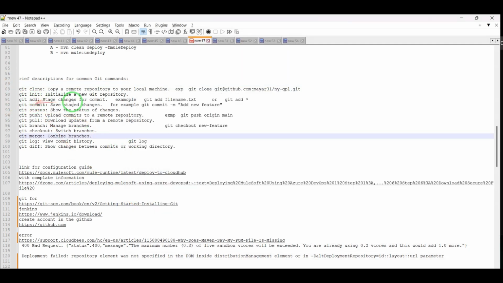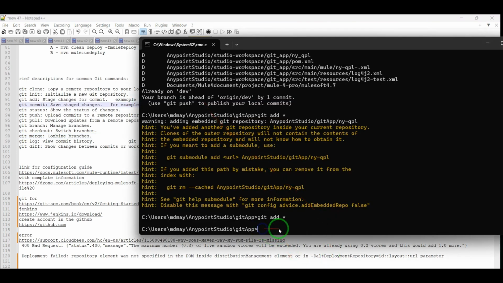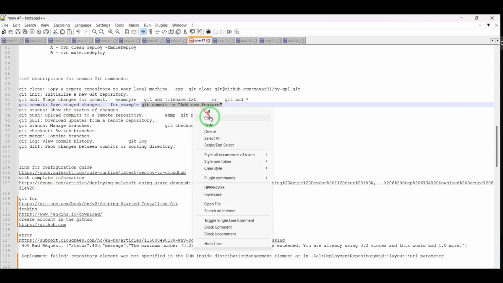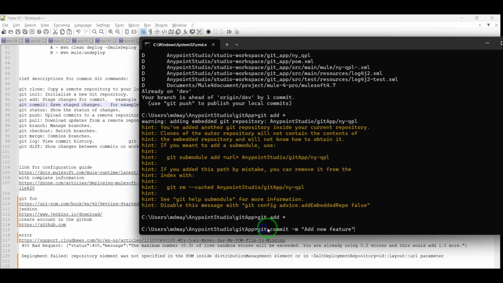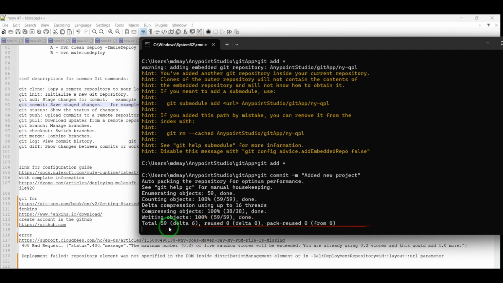Then I want to put some information about what happened. After git add, you could say git commit, then put the information. Say, especially, new project added. Just say new project, not new feature, add new project. Let's say added new project. Or initiated new first step. You could do anything. So once you see it, this git commit is 100%. Now we get, you could check